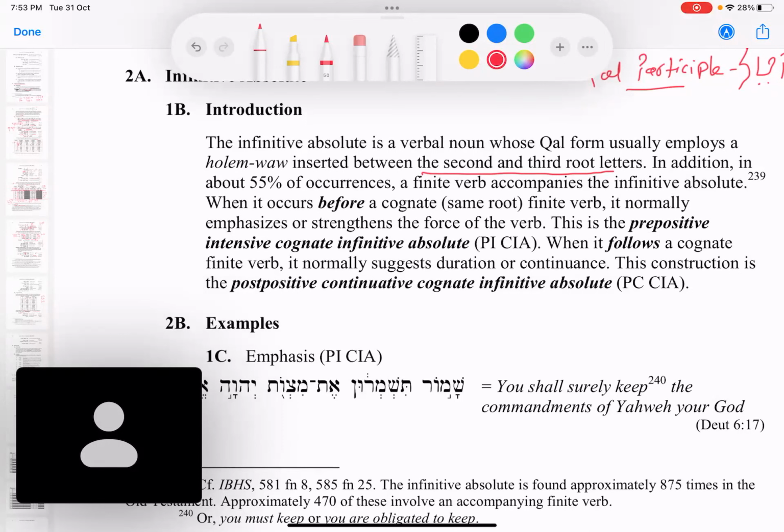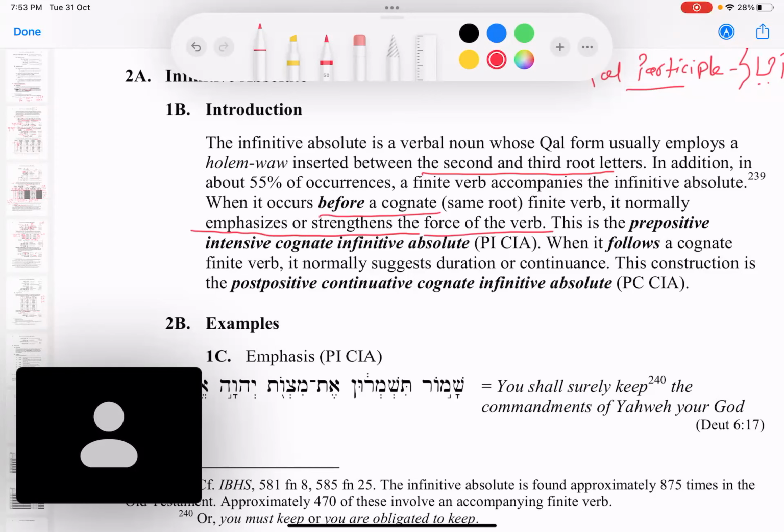And when it occurs before a cognate, that is, the same root, both the verb roots are the same. It normally emphasizes or strengthens the force of the verb. So, a very important thing: it normally emphasizes or strengthens the force of the verb, and it occurs before the cognate. Therefore, it is called pre-